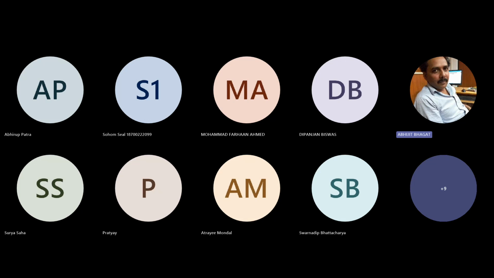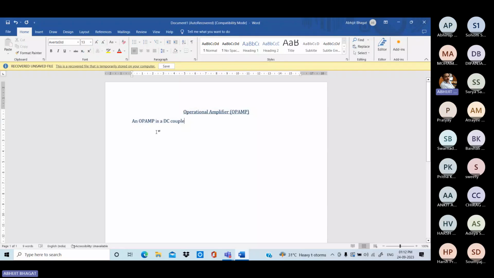An op-amp is a DC coupled high gain electronic voltage amplifier which has differential input and a single output. So till now we discussed this up to this. So in case of op-amp,